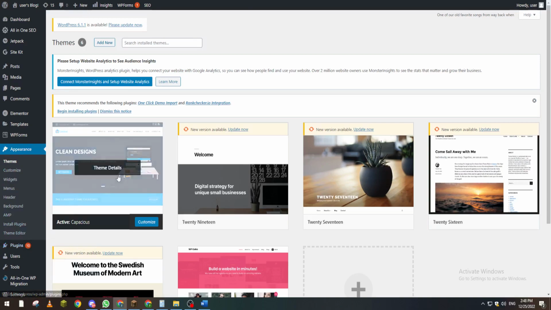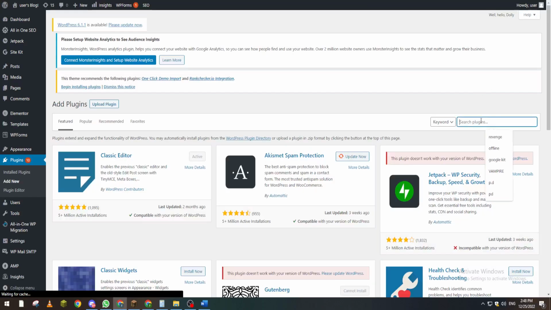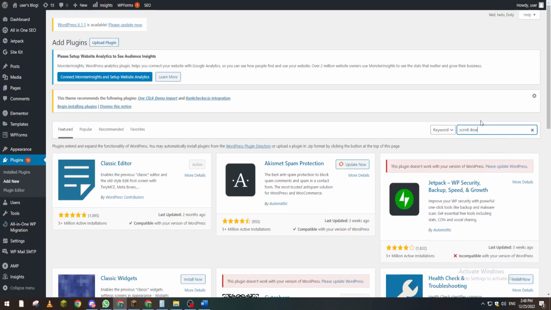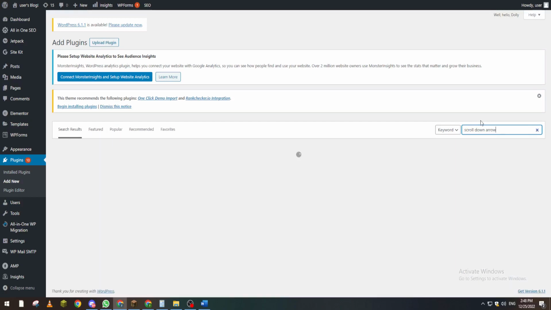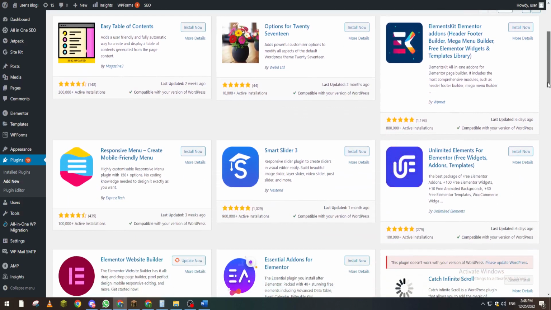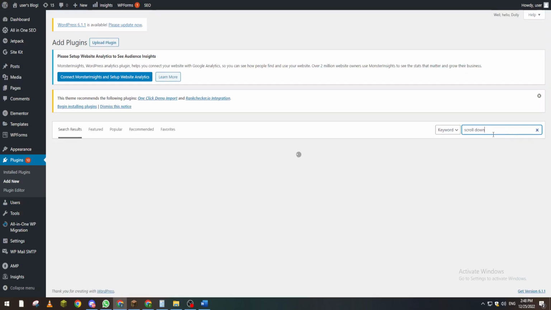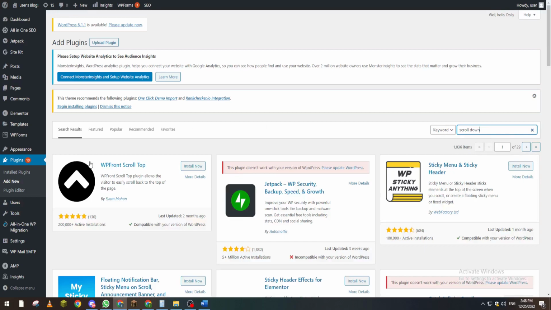Add New, and from here you search for scroll down arrow. Let's wait a little bit, and let's search for it. Yes, table of contents. Wait, let's remove this, and yeah, here is the scroll top and down arrow, which is already made by WordPress and has already